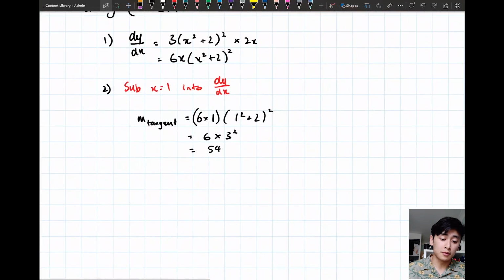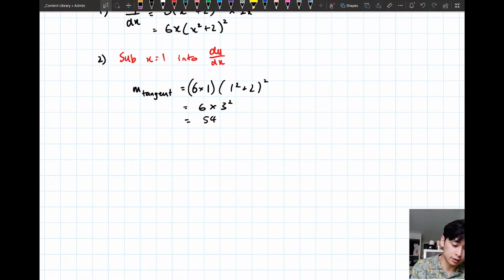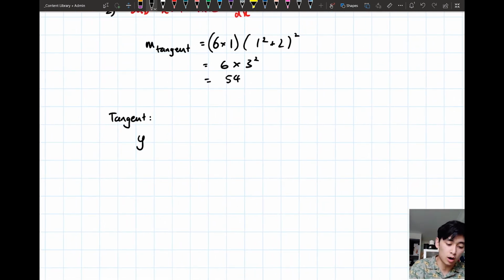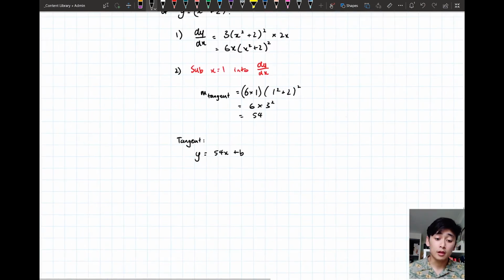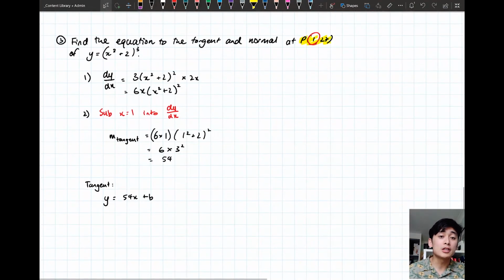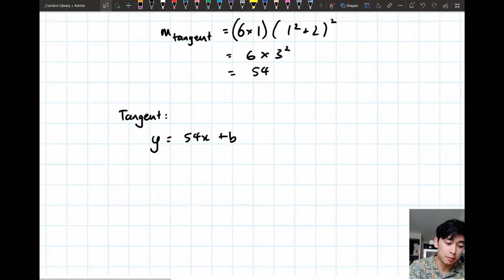Okay, so I'm going to first do my tangent here. Now that I've got the gradient of my tangent, I'm just going to sub it into the equation of my line. So y is equal to 54x plus b. Then from there, if you remember, what we need to do is sub in our point. So I'm going to sub my point. My point was (1, 27)